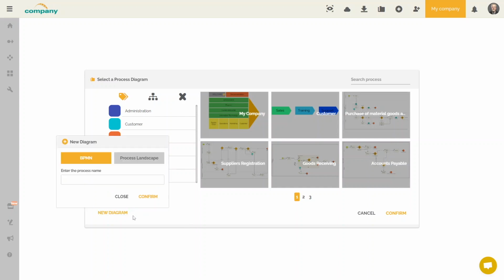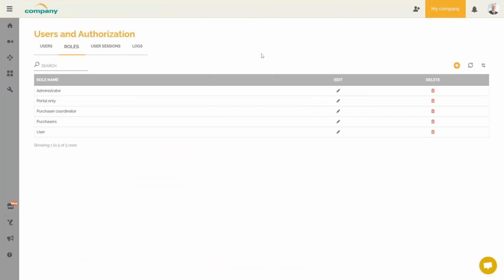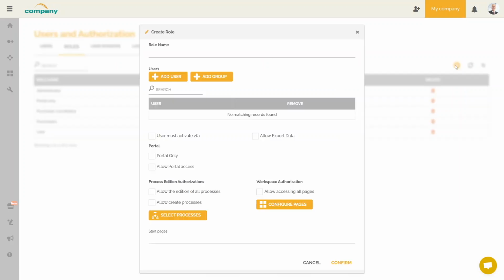We can limit Douglas Miller's access to give him the ability to edit a list of processes, without giving him the right to access the environment management screens, nor to create processes. We're going to come back to Bill Evans' account to create this role. The objective of this new role will be to give access to the process editor but only for the processes of supply chain. We click on the plus button to create this role. We will call it Process Analyst, Supply Chain.